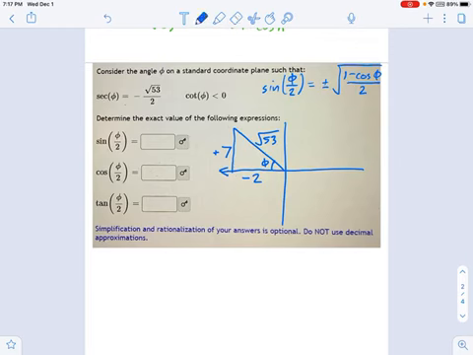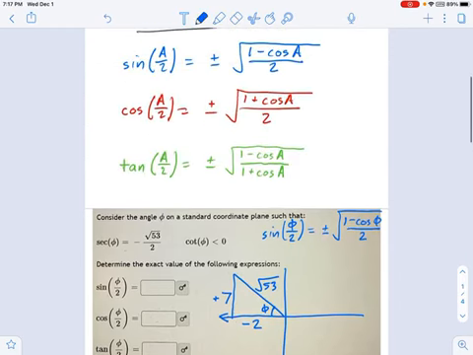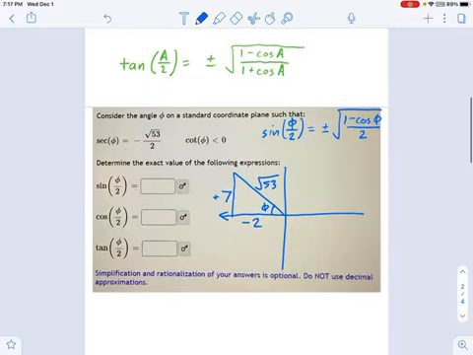And here's the great part about half-angle identities. They all require the same trig function. They all require cosine, cosine, cosine. It's just nothing but cosines. So that makes it a little easier for us. We only have to figure out what the cosine of A is. Or in our case, the cosine of phi. So the cosine of phi equals what?